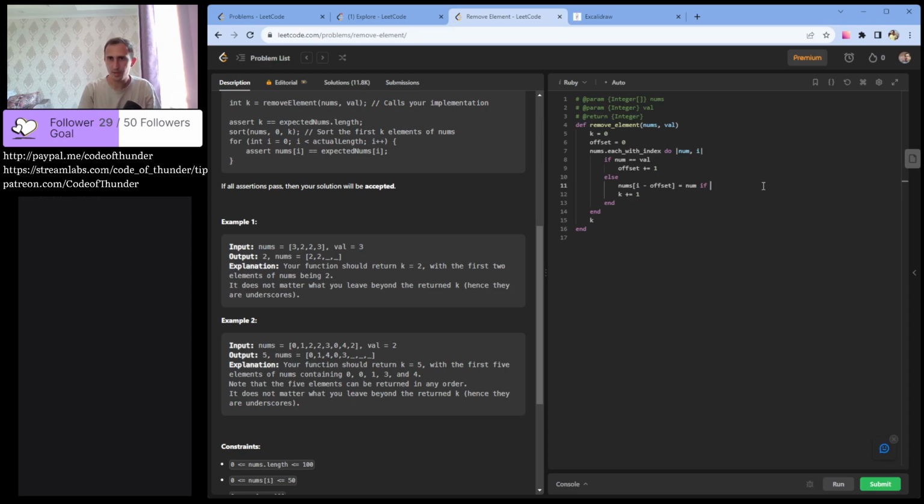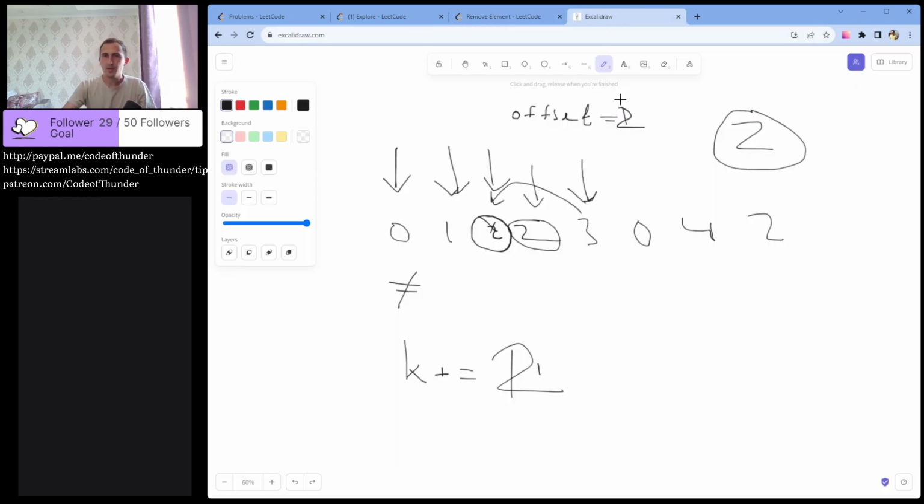We can do something like if offset is more than 0, then we do that. And now we move here, we have 0, we put 0 here, we put 4 here, we put 2 here, no, we don't put 2 here, we have another 2, you know, and we again